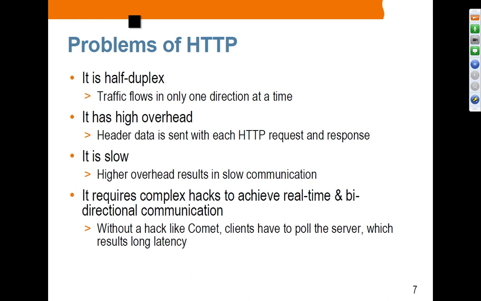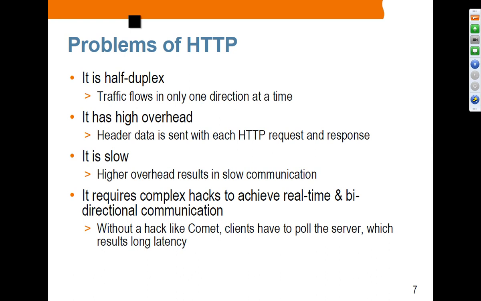Okay, and that header overhead is there for every single HTTP request and response. So that could be huge. If you are sending just a single bit, you still have to endure the overhead of the HTTP headers. And it is slow because of the higher overhead in terms of size, and it requires complex hacks to